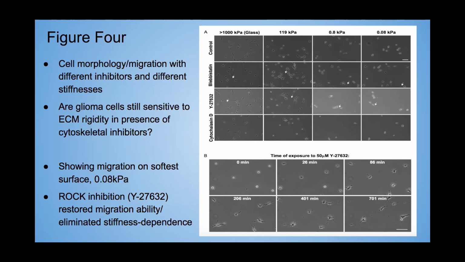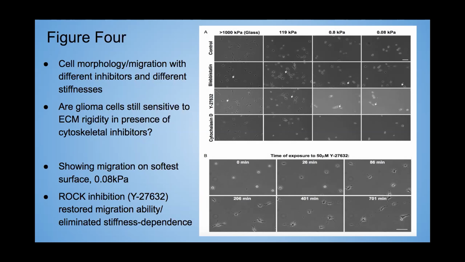Blebbistatin, which you'll see on the left there, is an inhibitor of non-muscle myosin 2. Y27632 is an inhibitor of ROCK. And then cytochalasin D is an inhibitor of actin polymerization. And then at the top there, you have those different substrate rigidities,